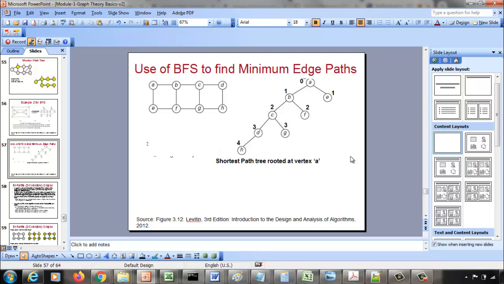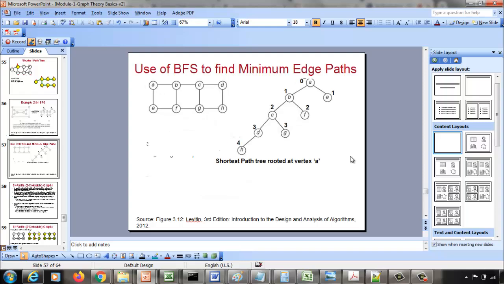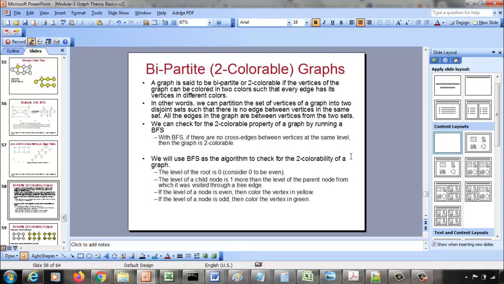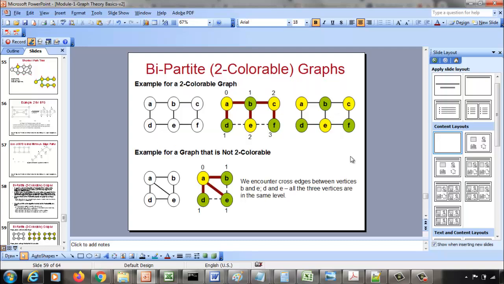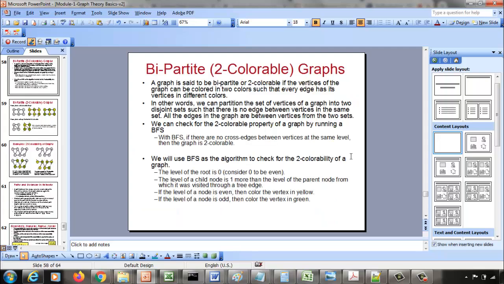I'm just enumerating a number of things you can do with breadth first search. You can find the different components of a graph. We can find the shortest path tree starting from any particular vertex, which gives you the distance from that vertex to every other vertex. That's the second thing we can find. And the third thing we can also find is whether the graph is bipartite or not. A bipartite graph can also be called a two-colorable graph. This is a terminology that people use in the graph theory community. So what do I mean by two colorability of a graph? If a graph is bipartite, that means you're not going to have